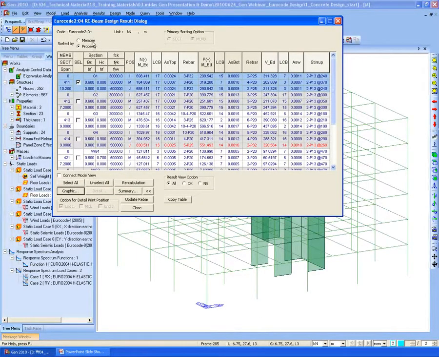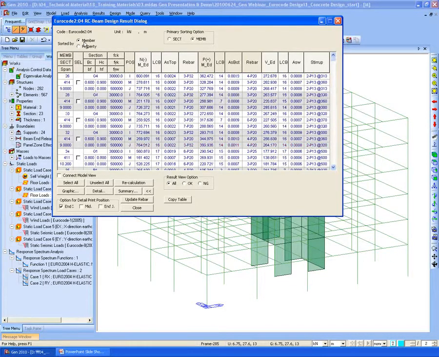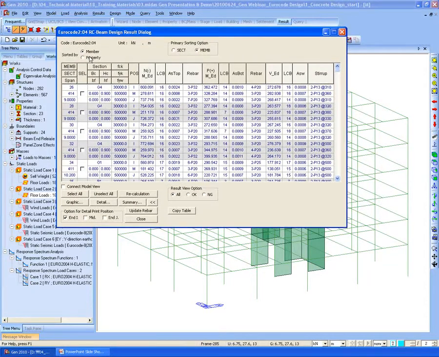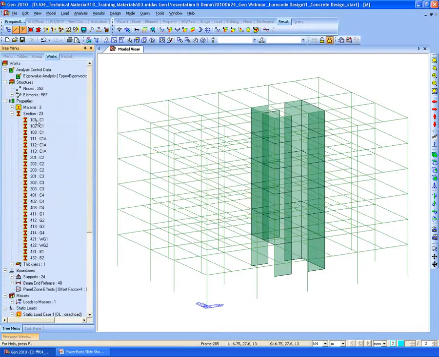Here you can see sorted by member and sorted by property. If the members are sorted by property, it will be grouped for each section. If we select the sorted by member, each different member will be displayed separately. So if we generate the sections based on this grouping,